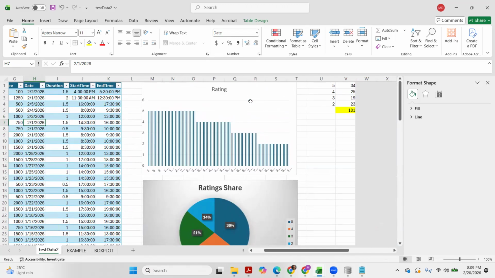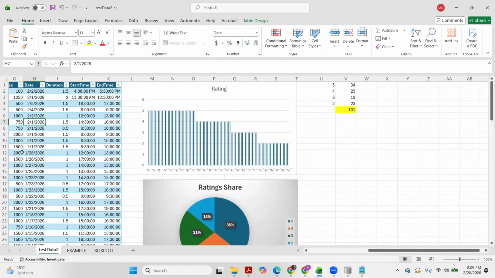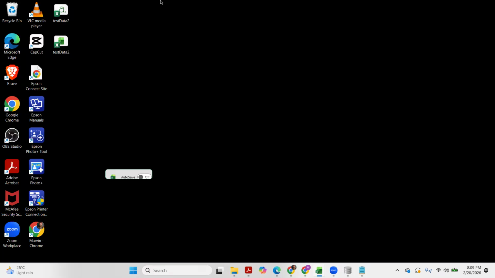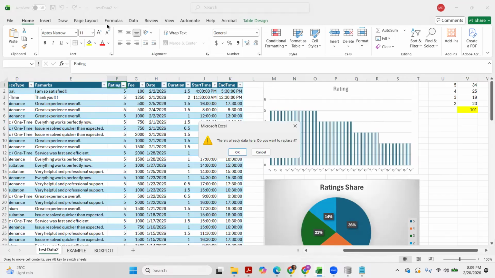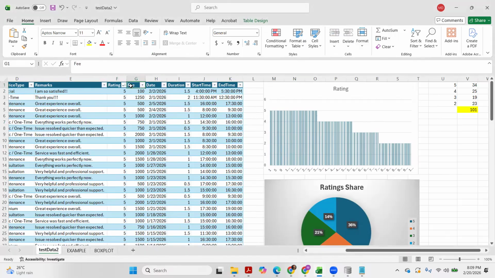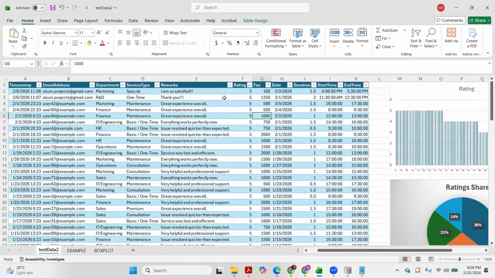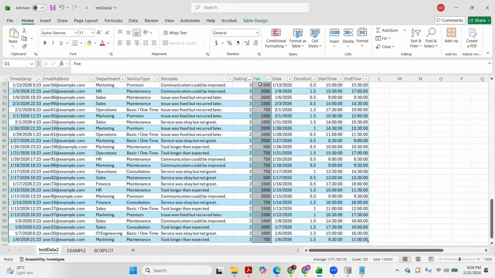Now, when we want to summarize the fees that we have collected, just highlight the entire column. What happened? My cursor appears to malfunction.